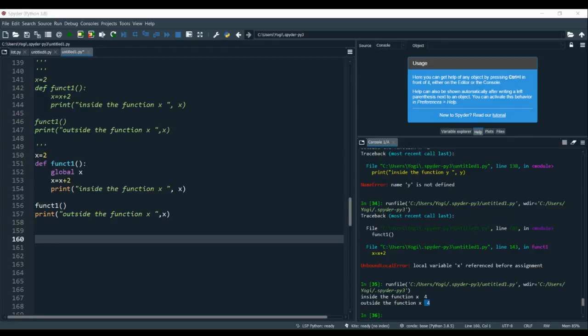Let me check if any topic of functions is left. Syntax, basic use of function, parameters and arguments, local and global scope of variables, return statements, and the recursive function. So we are done with the function part now.